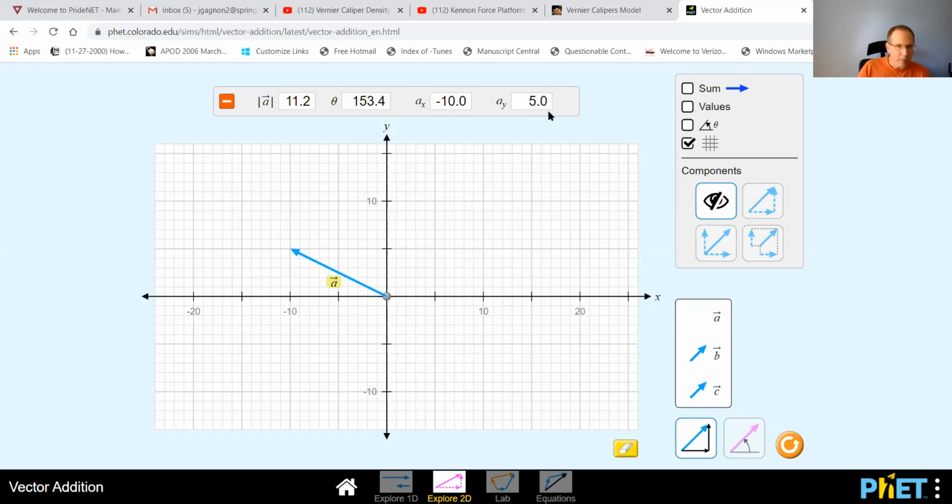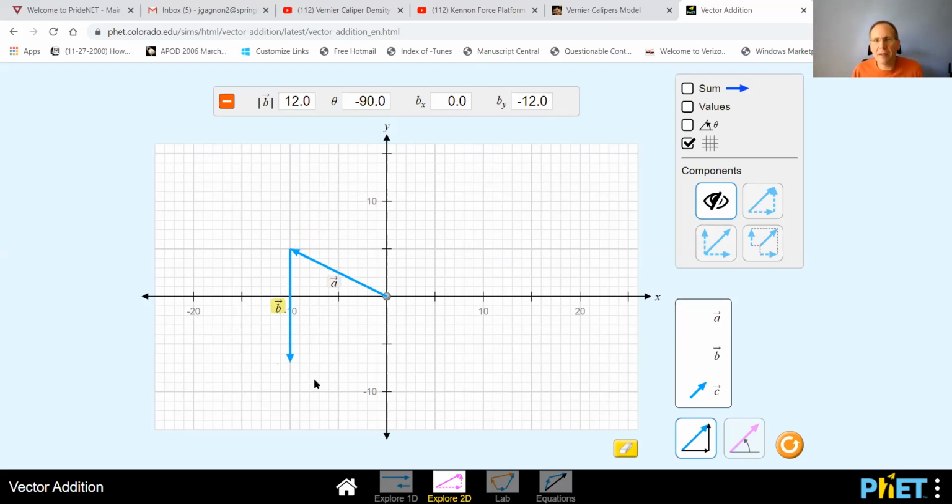Then you would bring B. Remember, we're adding tip to tail, so I put the tail at the tip of A. And now I want the X component to be 0 and the Y component to be -12. So it would be something in this direction. Something like that. Then you add C, right, given the correct